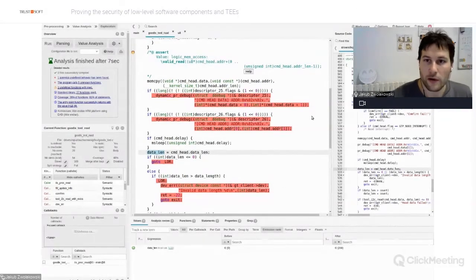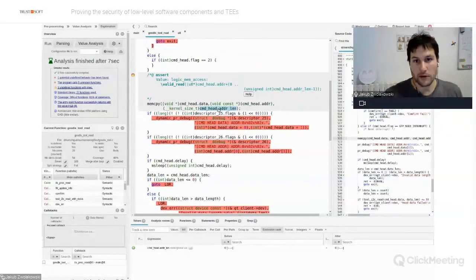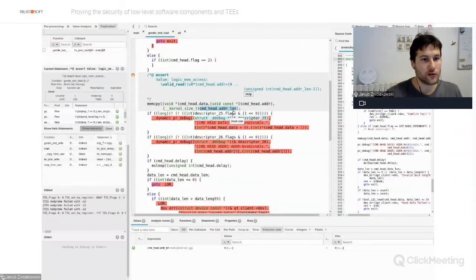Okay, let's go back to our bug here. What I can do now to understand what's going on is to find out where these values are coming from. So this address len. I'm using this feature called ShowDevs. Now on the left here, I have this little list of ShowDev statements, which tell me where in the whole code that is analyzed I assign, I change the value of this field in a way that affects it at this point. The only one of these assignments that is direct is here.